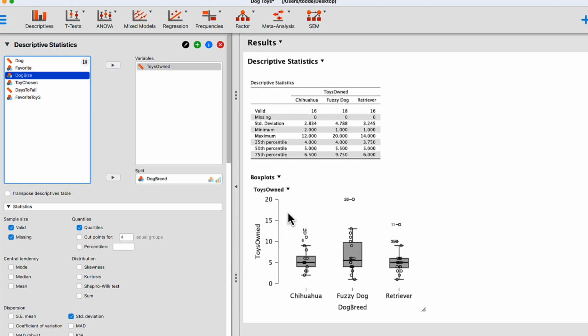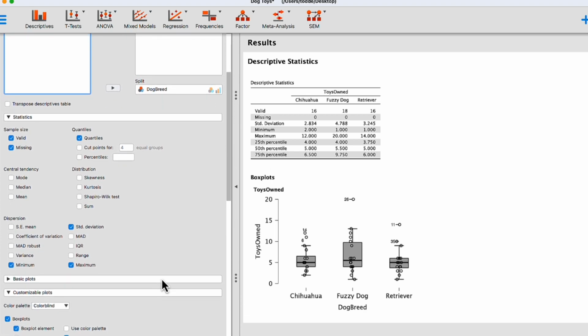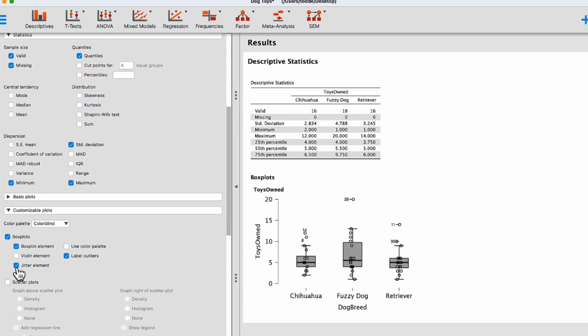Scroll down a little bit over here. Let me take out some of the customizable options. Leave the outliers. I'll take those out as well. All right. Now we have a 5-number summary for Chihuahua, Fuzzy Dog, and Retriever. Minimum, maximum, the quartiles. And we have 3 side-by-side box plots, each showing us the distribution for the 3 breeds